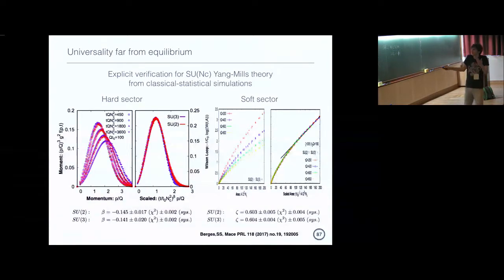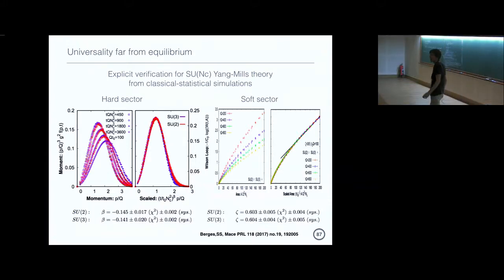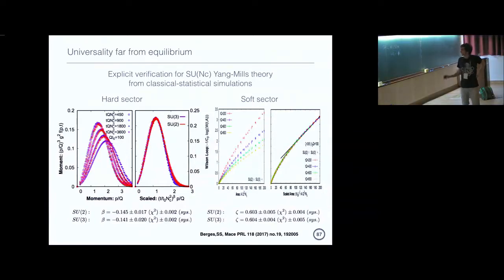Now, in this case, I must say I don't have a particularly simple derivation of what these exponents are and why they should be the same. But it's very interesting to see that this concept of universality far from equilibrium seems to carry over not only to some of these perturbative things, but also to really interesting and essentially non-perturbative properties of the theory as well.